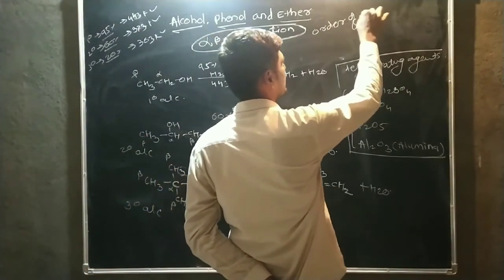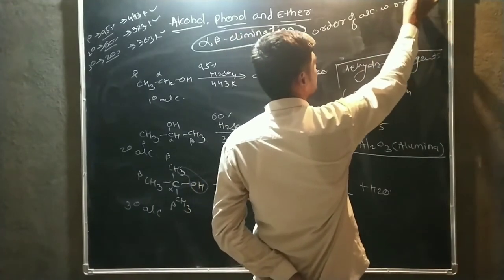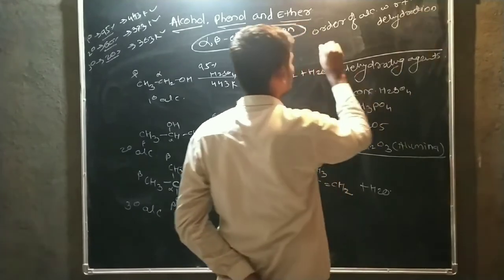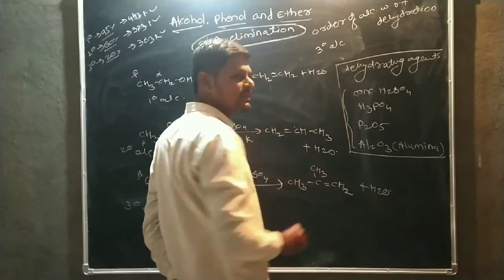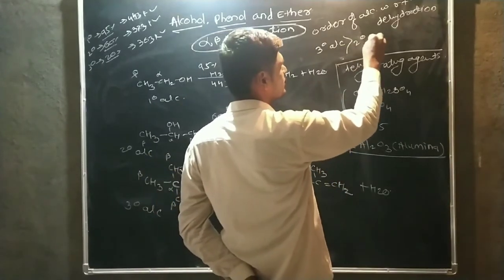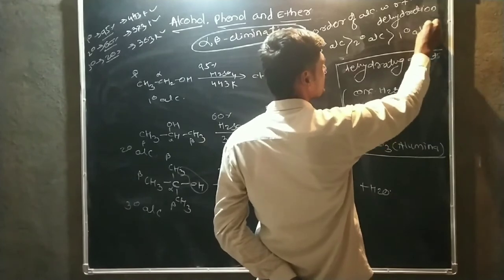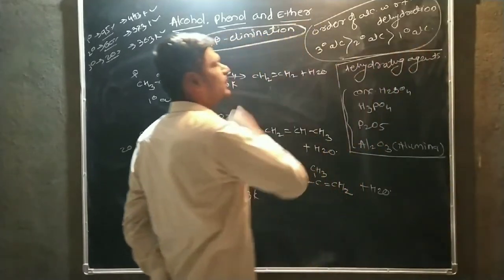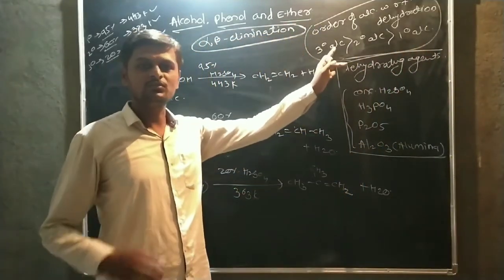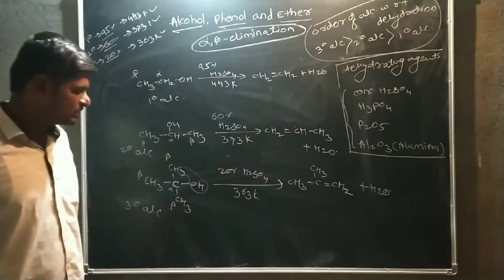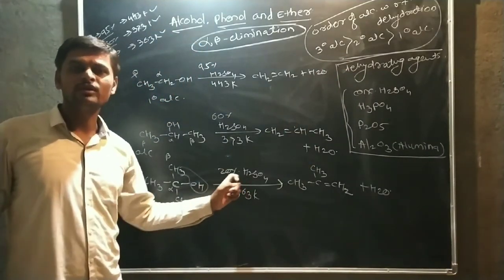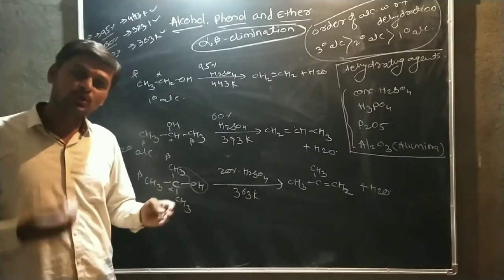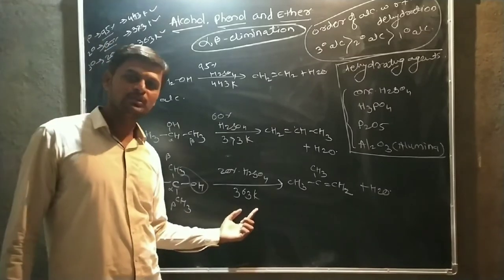The order of alcohol with respect to dehydration reaction is that a tertiary alcohol is more easily dehydrated than secondary alcohol and than primary alcohol. Due to this order, tertiary alcohol is more easily dehydrated. Therefore, this is 20% H2SO4. That means by using 20% H2SO4, a lower concentration, as well as lower temperature, the tertiary